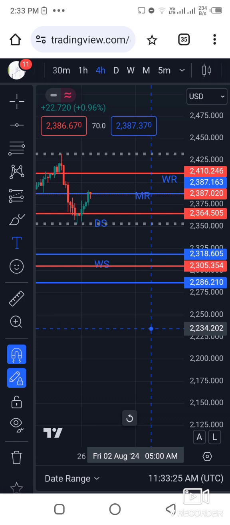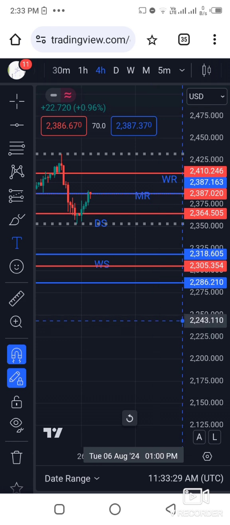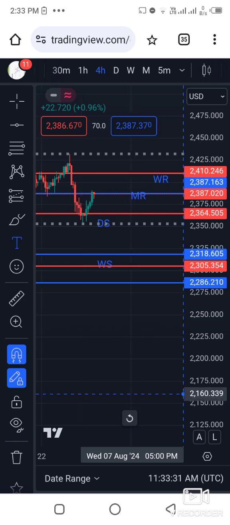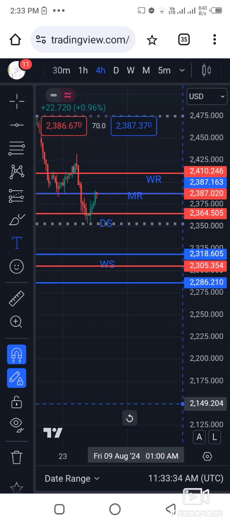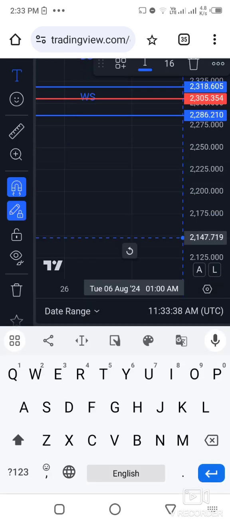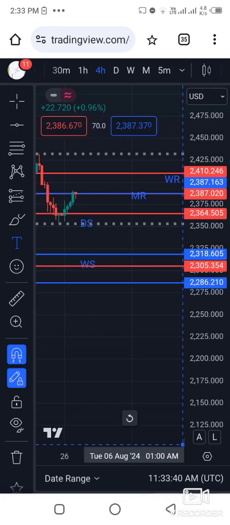If you break above the monthly resistance, then we'll be expecting buys, guys. And if we go down, then we can sell. We can be expecting sales from that monthly resistance all the way to the daily support, or even break it